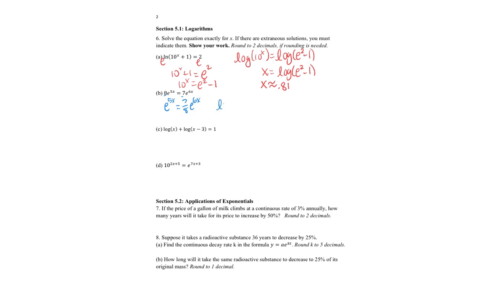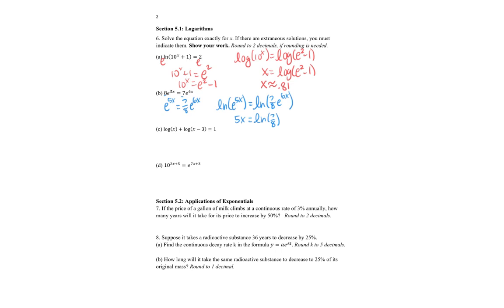So I get that the natural log of e to the 5x is equal to the natural log of 7/8 e to the 6x. And then this just reduces down to 5x,